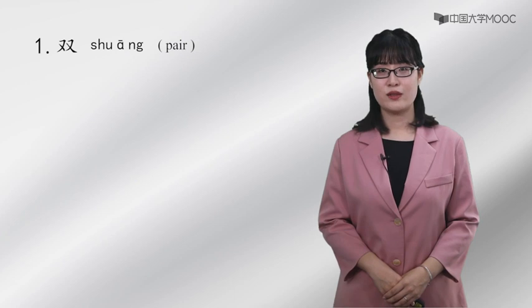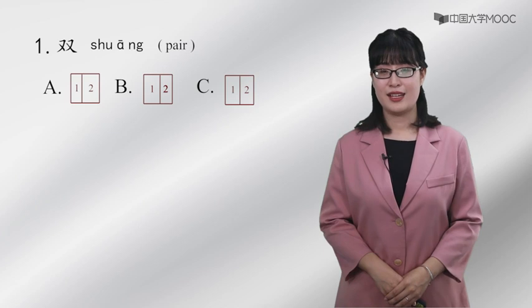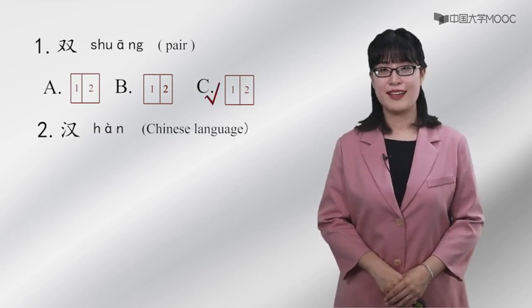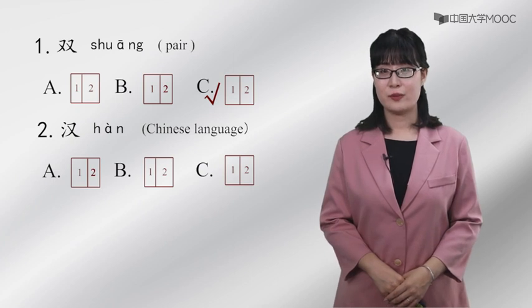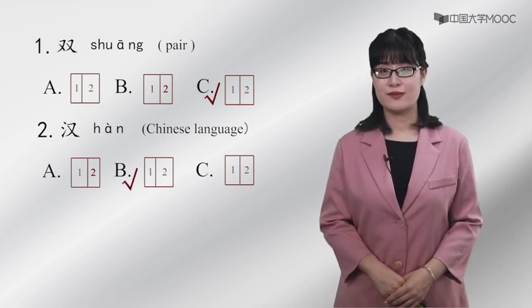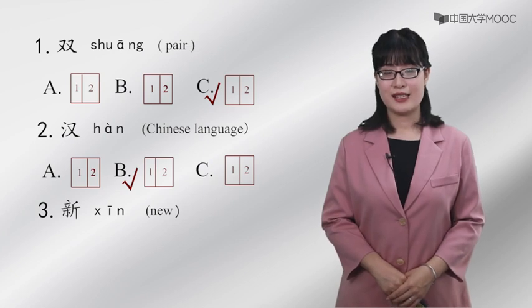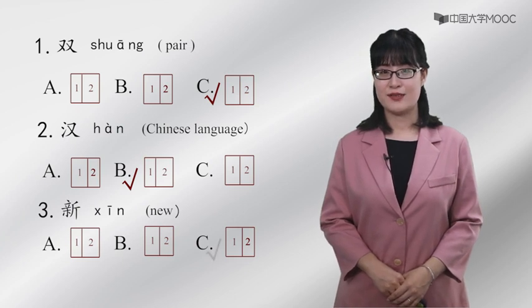Now let's try to choose the right picture. 双. Please choose. The answer should be 汉. Please choose. The answer should be 新. Please choose. The answer should be